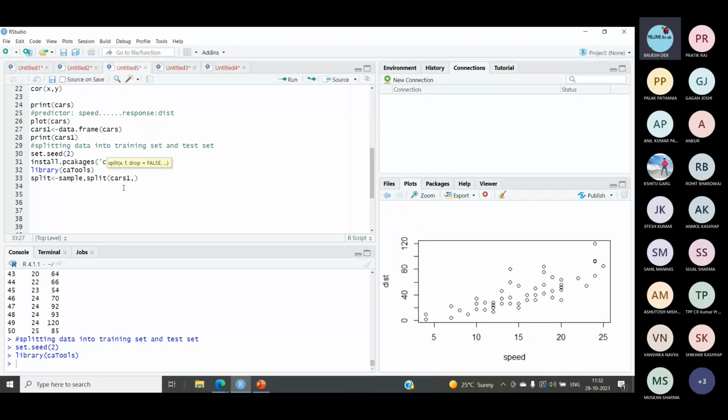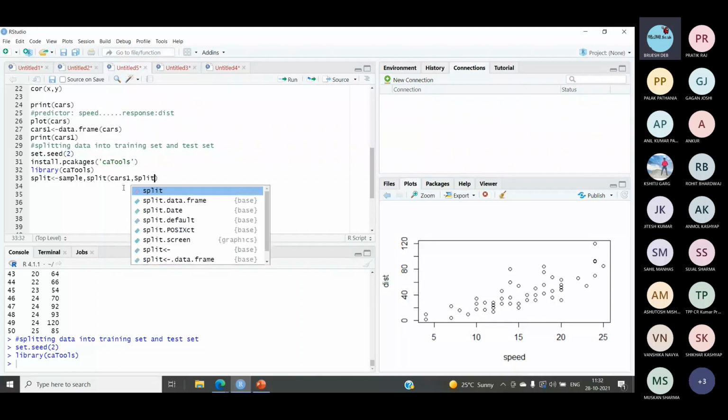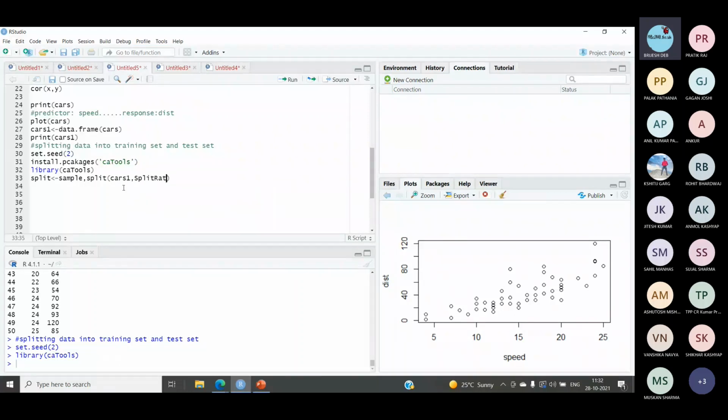As I have already discussed, we can use the split ratio 70% and 30%, 70% for training data and 30% for test data. So we define it like this: SplitRatio equal to 0.7. It will consider it as 70%. So let's run it.